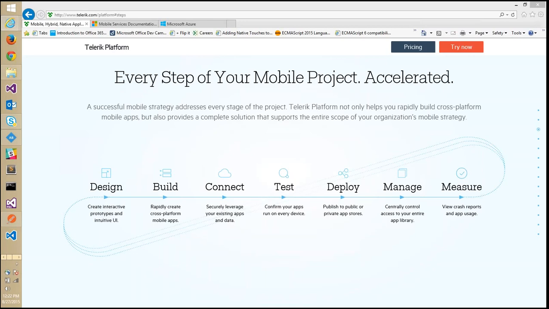We also give you user management. We also give you file management. We also give you push notification and emailing. So you name it, whatever is required for a backend as a service, we provide it to you through Connect. For testing, we have Test Studio Mobile, which is our testing tool, and it will